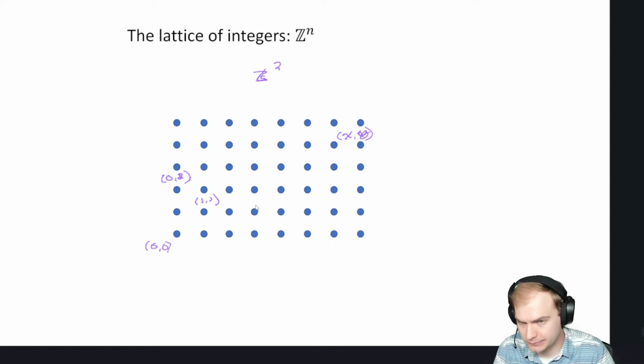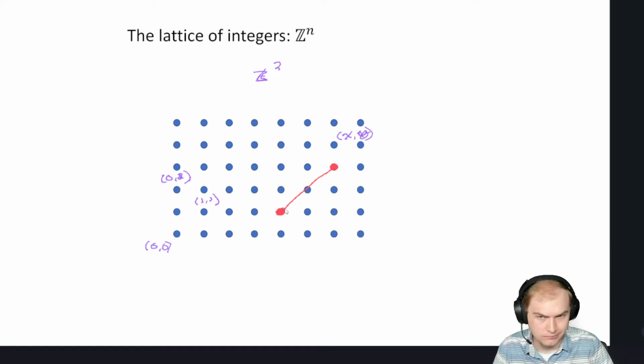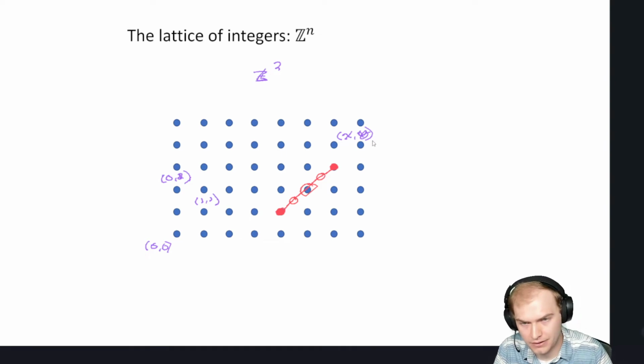So why is that? Well, we have two points. Let's pick two points and draw the line between them. Sure, in this case we have this point. That point is in the set. But we also have these points on that line, which are not in the set. We have to remember that every point on that line segment must be in the set. So no, not convex.